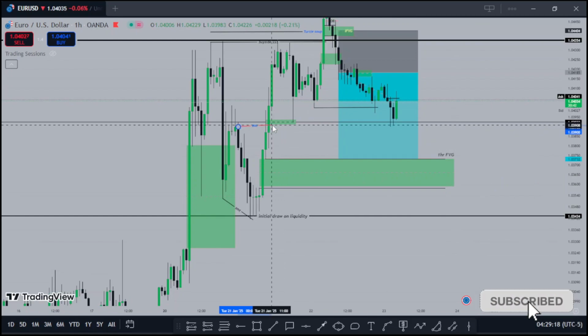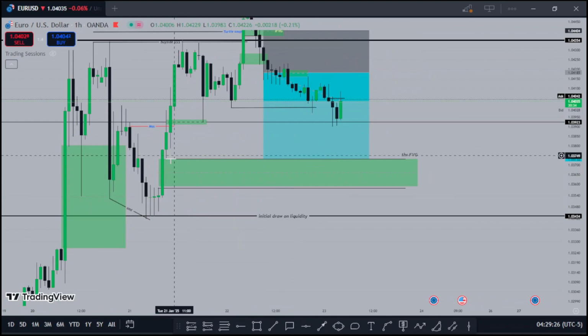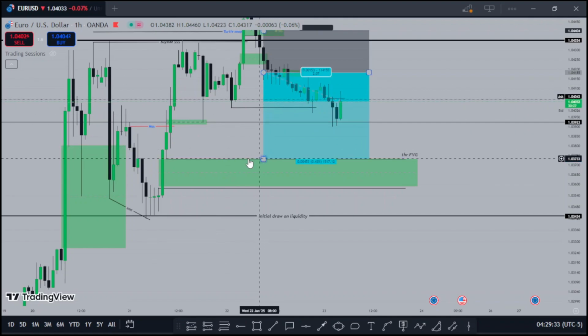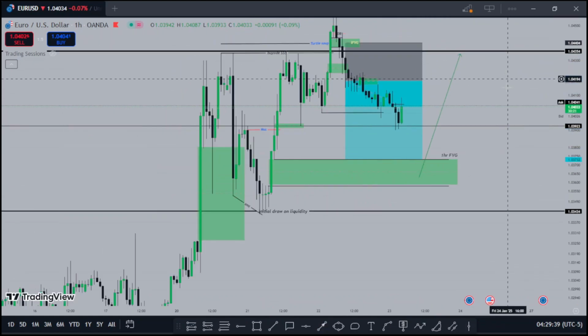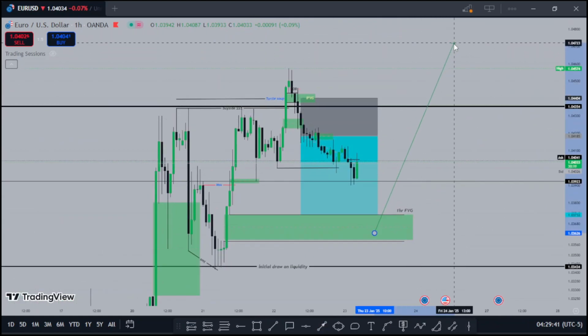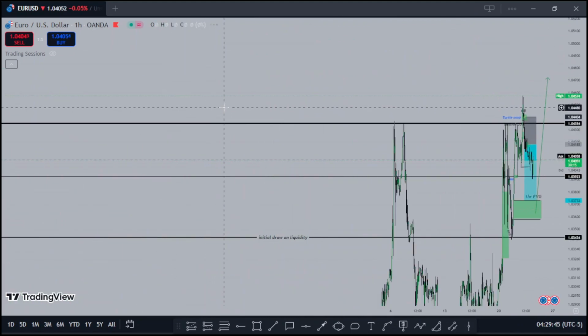There are a lot of names for this, so I like calling this a market structure shift. We never saw price come back to fill this unfilled fair value gap over here. So I'm expecting price to maybe come down, fill this gap before starting to expand and continue its main direction, which was continuing to go bullish,